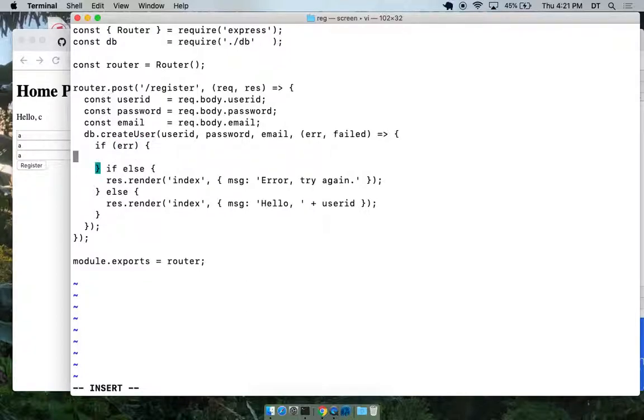And if we have a real error, I'm going to deal with it later. Otherwise, if we failed, if that's true, it should be else if. Else if we failed to create the user, then we're going to say username. Oh, you know what it is?